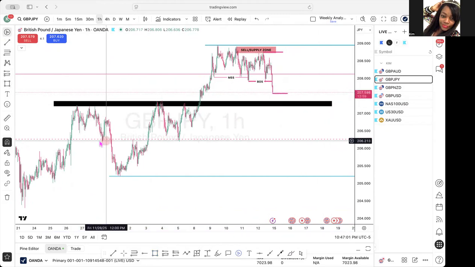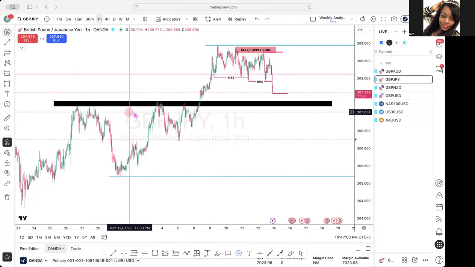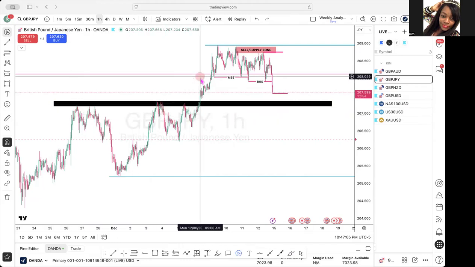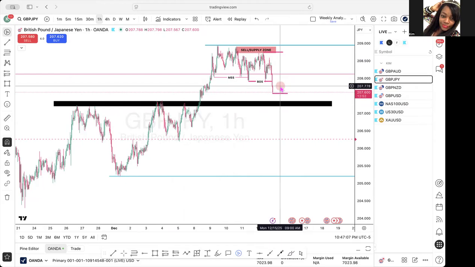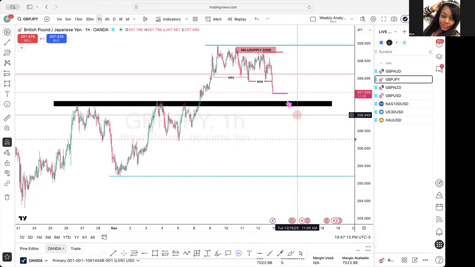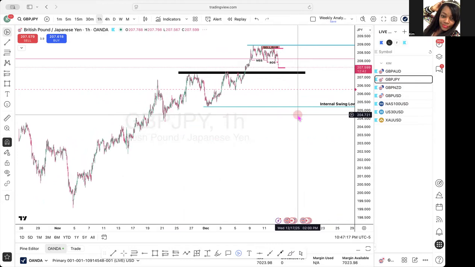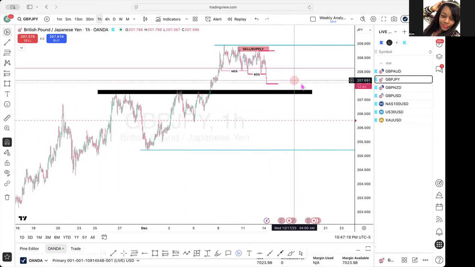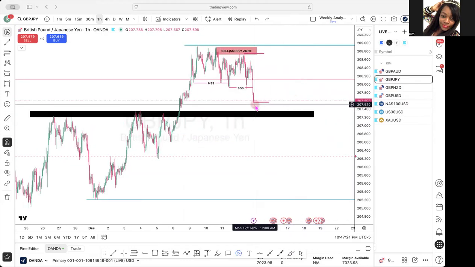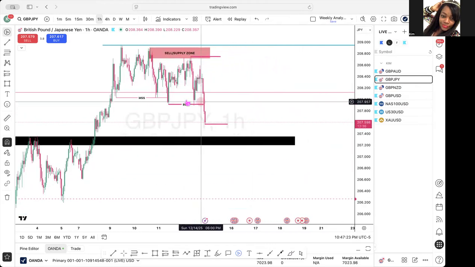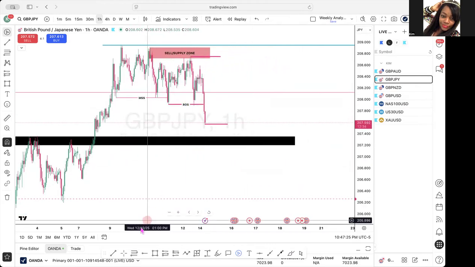Okay. Resistance, resistance, resistance. Price broke through. I would be looking for it to retest this zone here. Okay. So once price got here, now that it has broken structure again, it's either